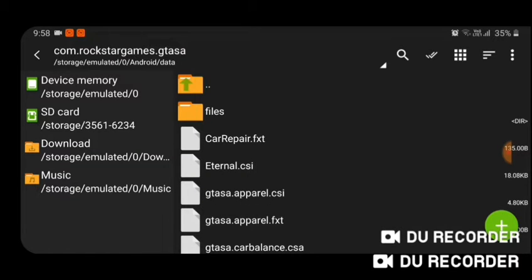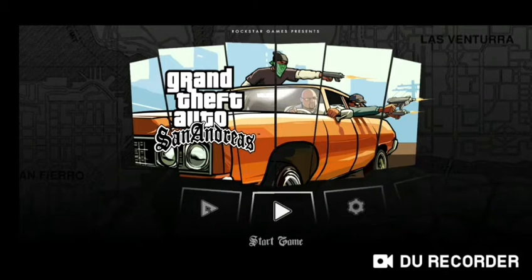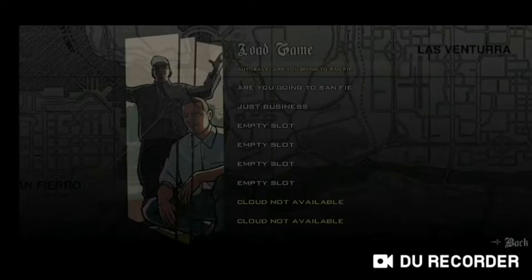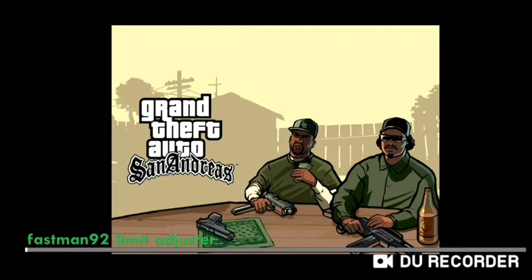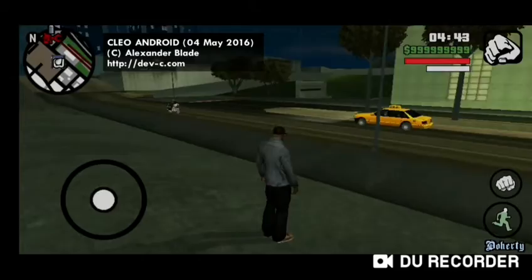Now I will show you the game. I'll show you the mods one by one. It's gonna load the game right now. There are 11 Clio mods, my friend, some of which are quite useful and others are for fun purposes. The last Clio mod is something you would love. I am telling you, something you would love. It has dual features. It is for one thing and it is giving you two other things too. There are some pros and cons, you'll just know as I play the game.